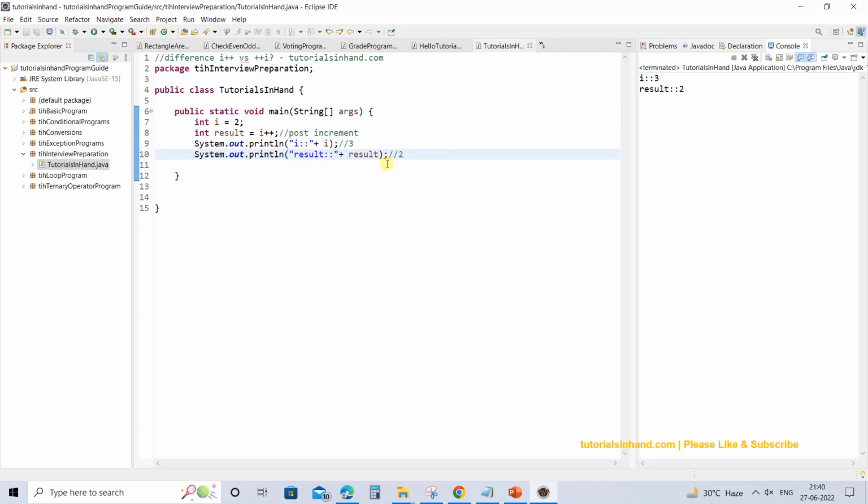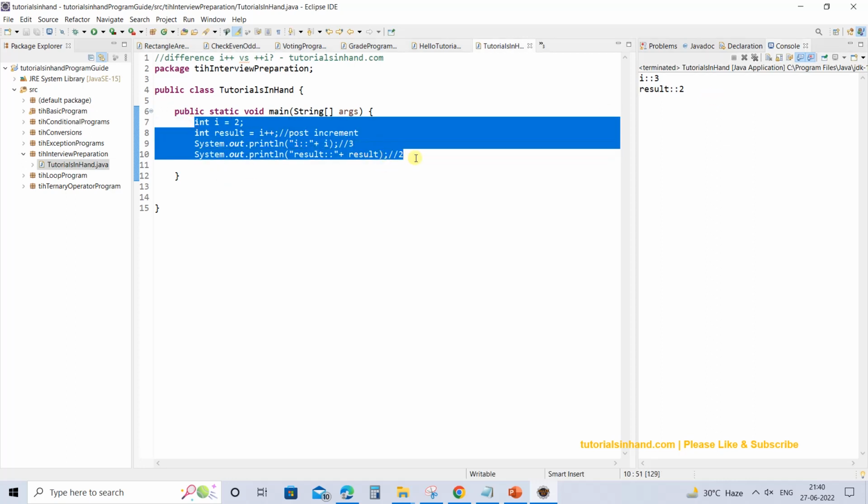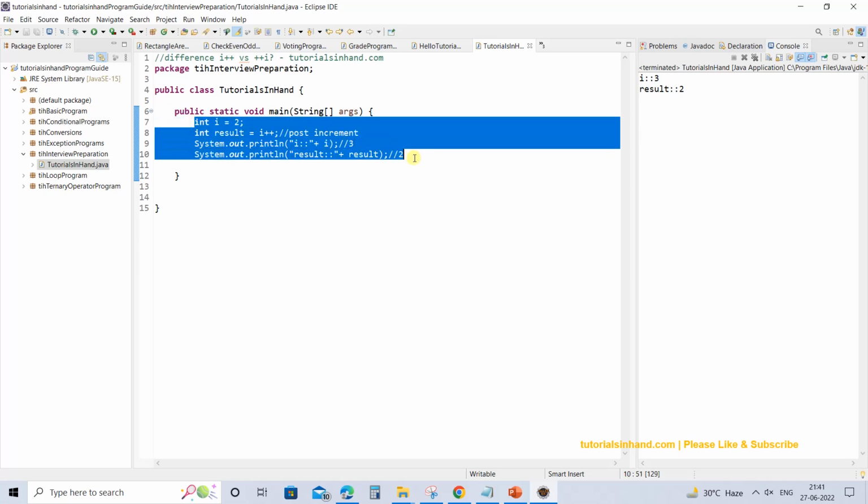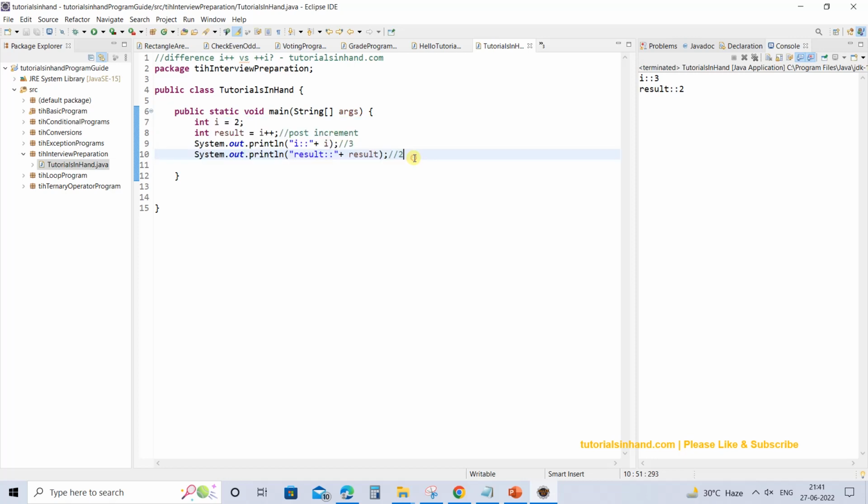So you can go on playing around with it and you will be better able to understand it. Once you see this, you have two points you can explain in your examination or to an interviewer: I++ is the post increment, and you can explain the logic of the way it works to the interviewer. And then we are going to check for ++I.